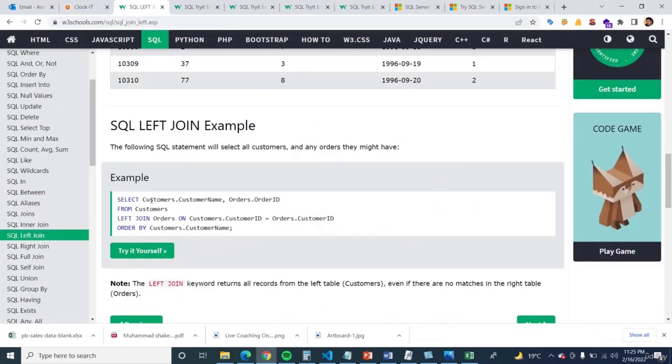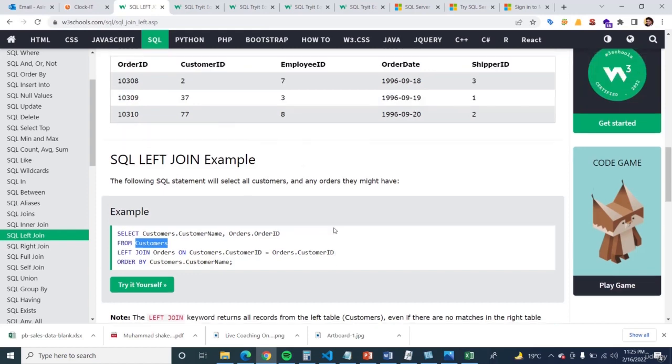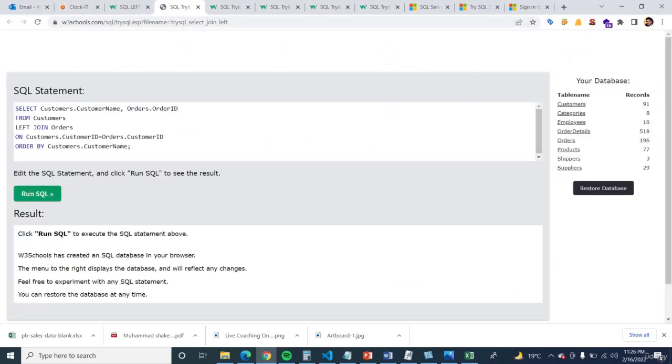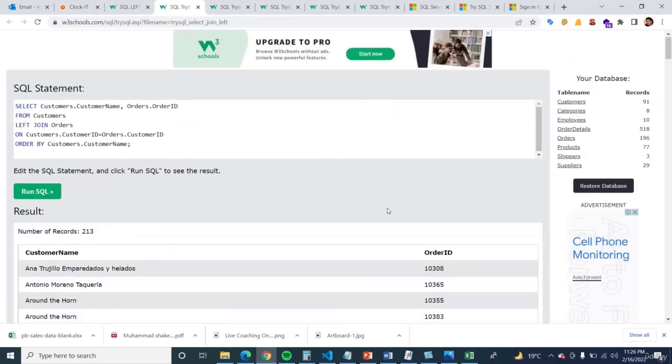And this is the syntax: customer table, customer name, and order table, order ID from the customer. And I am saying the left join from the order table on the customer table ID is equal to the customer ID. So this is the matching one. Show us the matching ones, but also show us all the records that exist in the left table, the first table. So if I just click here and run this query, I will be able to get